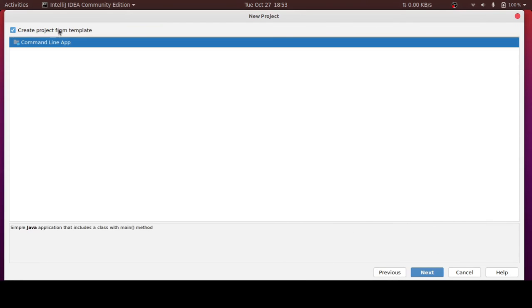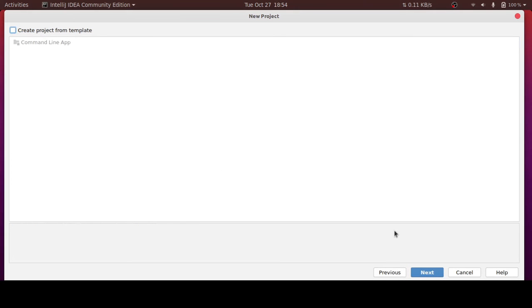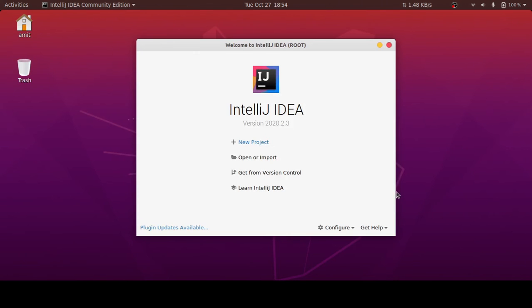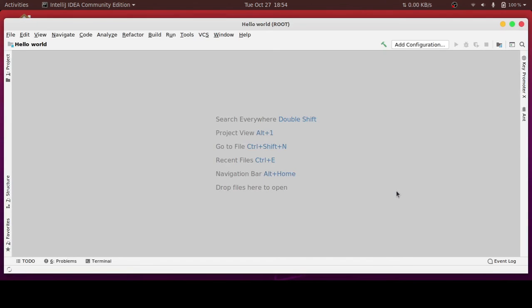Now this is completely your choice. I don't prefer to make this. It will add comments and your public static void main and all, but I don't prefer to go with this one. So I'll untick this one and click on next. Now here you can write hello world as a project name. In Java there is a restriction on the project name and the class name. In a class name you cannot give a gap, but in a project name you can give a gap. And also, we'll click on finish.